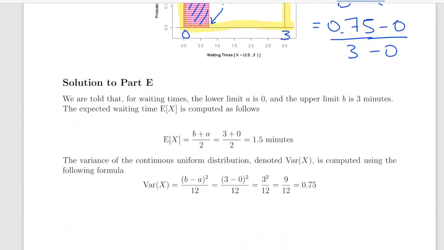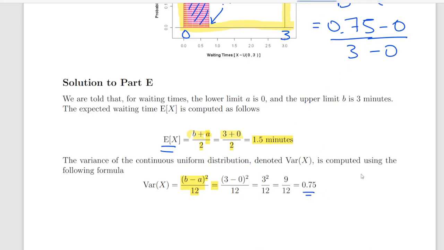Okay. Now we're going to find the mean and the variance, so the expected value of x. There's a little formula for that, and it is b plus a divided by 2. That is 3 plus 0 divided by 2, which is 1.5 minutes. The variance is b minus a squared divided by 12. That is 3 minus 0 squared divided by 12, which is 9 divided by 12, and that is